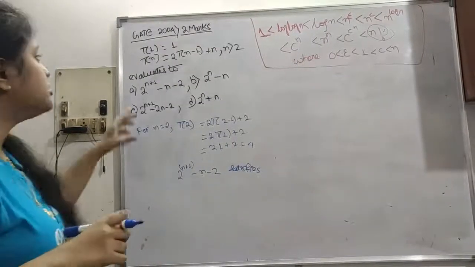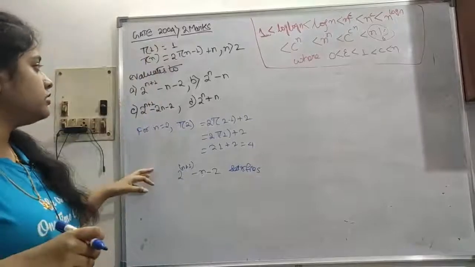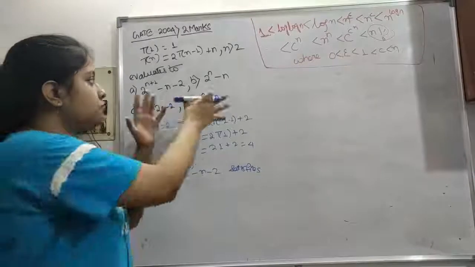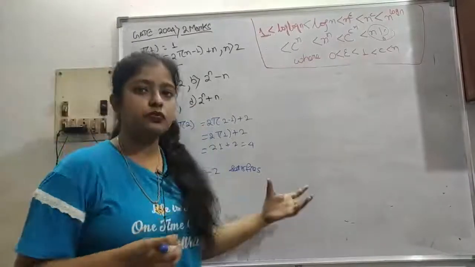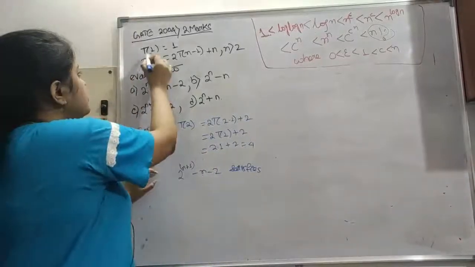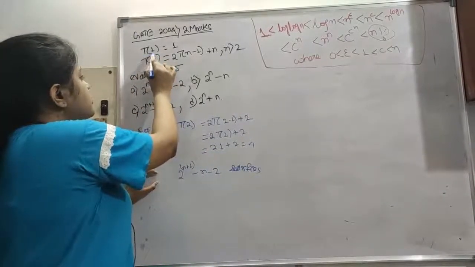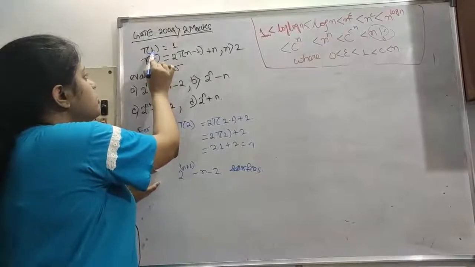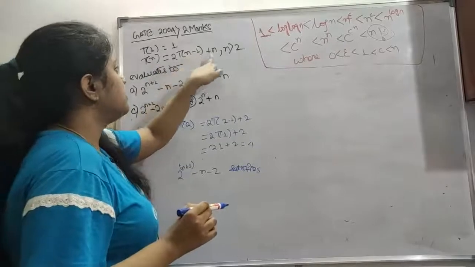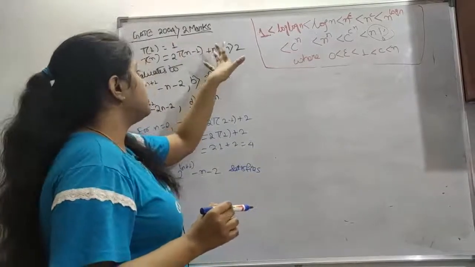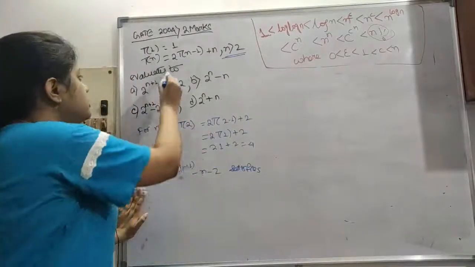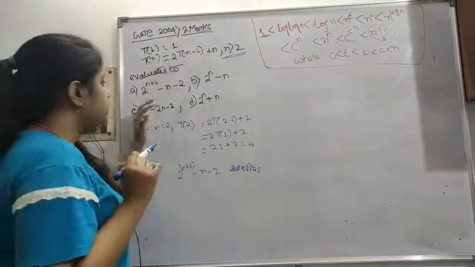So now the next question is a GATE 2004 2 marks question. This kind of question is common in mathematics. I will just give you the overview because it is easy, but we will do more in mathematics. Okay, so now let's see the question. So this is a recurrence relation. The bounding function is t of 1 is equal to 1, and t of n is equal to 2 to the power n plus 1, minus n, plus n when n is greater than 2. So now which evaluates to this, not order but evaluates to this.